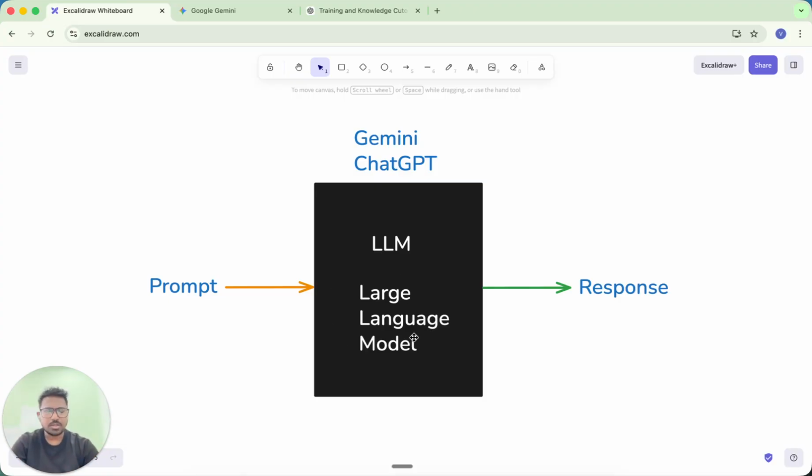How they work, you need not worry about at all. To be frank, if you want to dig deeper and find out how a particular language model has given a response based on your prompt, that will be very time consuming, and there is no guarantee that you will be able to trace back the logic pattern. That's very difficult. But as a beginner, how can you understand these models? All you have to do is this: these black boxes take a prompt, whatever you want to ask, and based on that prompt they give you a response. That is something that you have already experienced with your own experiments with these models.